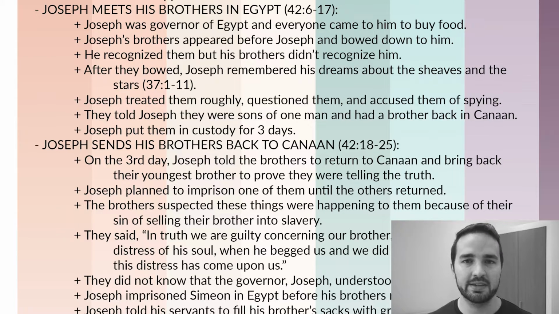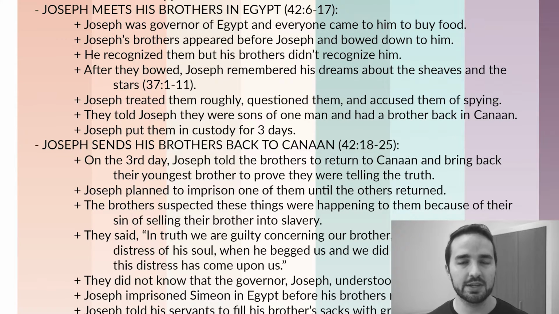And after they bowed down to him, Joseph recalled the dreams that he had had that we read about back in Genesis 37. Remember with the sheaves and the stars and the heavens, how they bowed down to Joseph. And he saw his brothers bowing down to him, and he realized that that was prophetic. And this was the fulfillment of that as they came and prostrated themselves before him. This is how God's plan all fit together.